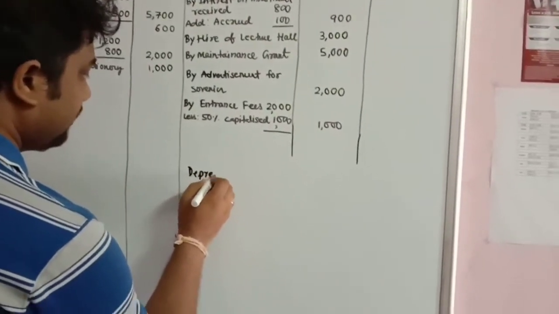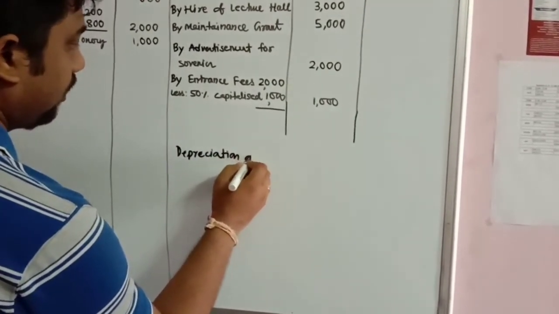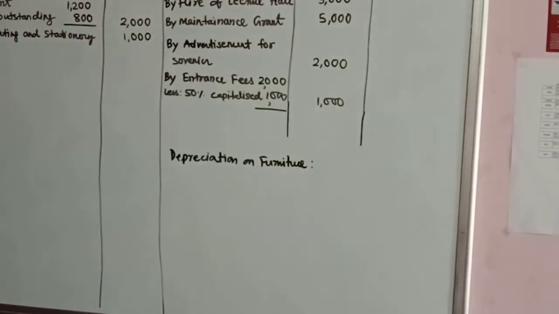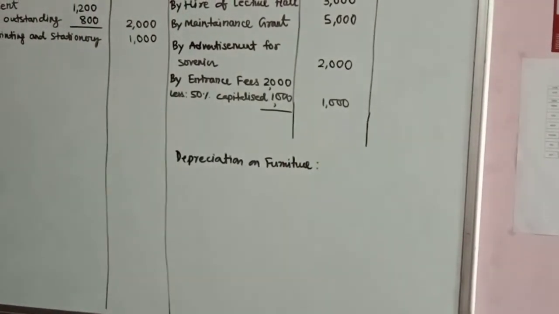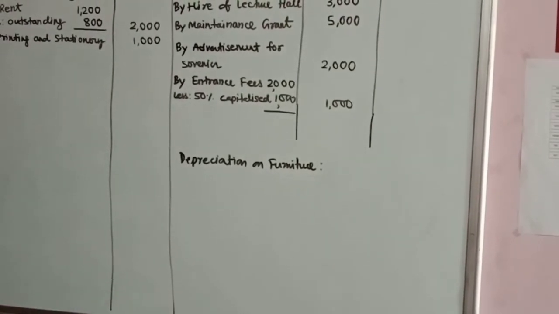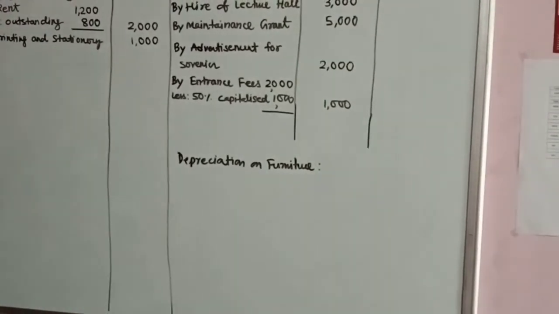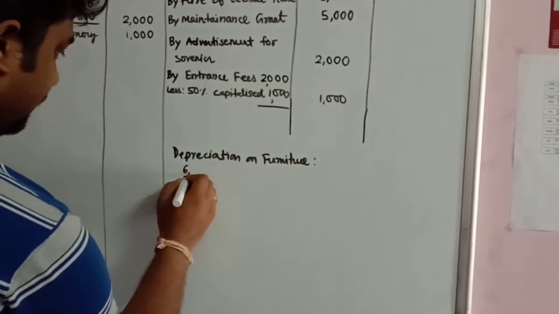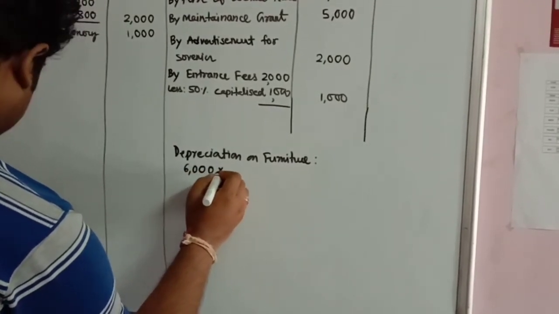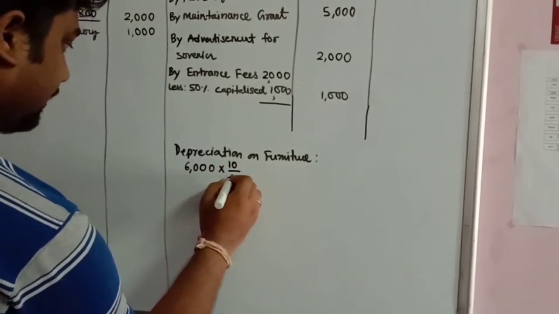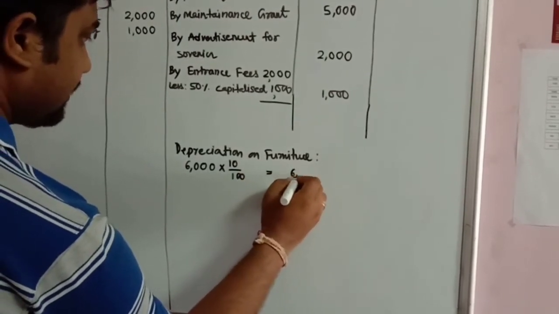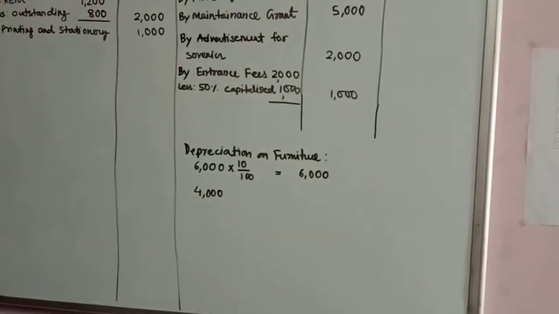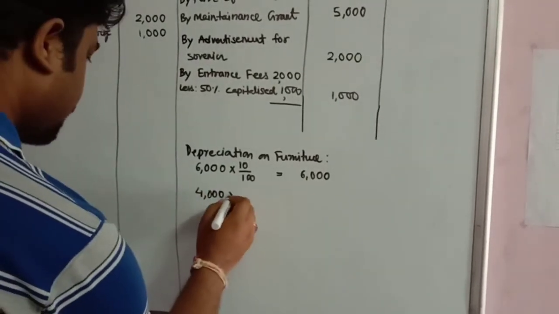So depreciation, you will have to do the working below the numerical. So I am just showing you here. At the end of the numerical, you leave some space and then you do the working and put in the information in that particular account. So if you see furniture, the first one is amounting to rupees 6,000. You had been using it for the entire year at the rate of 10%. It is 6,000. Another furniture worth rupees 4,000 you have purchased on 1st of October.